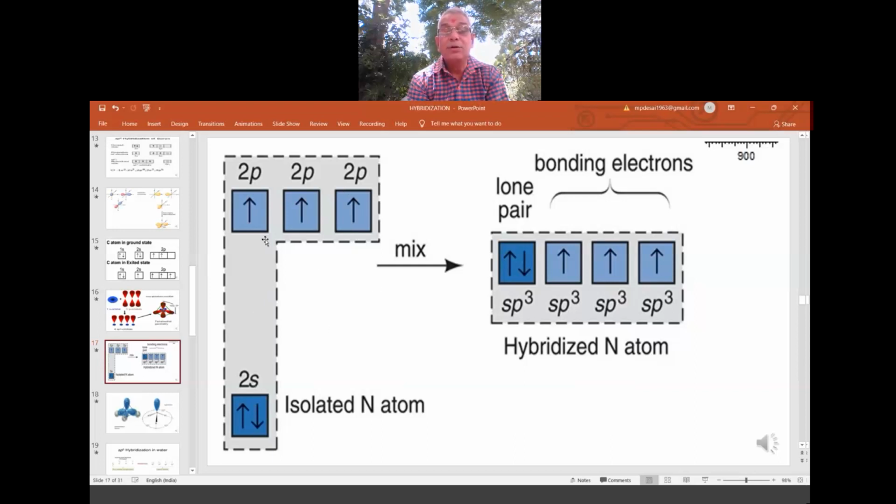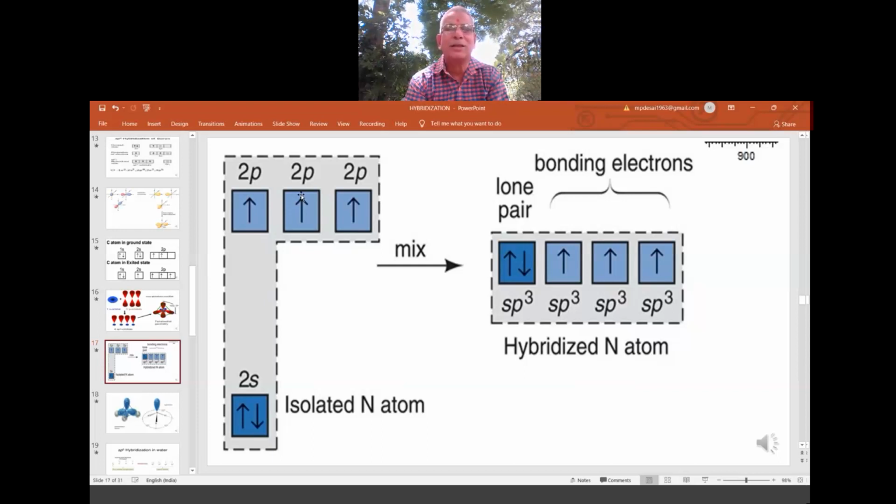Here promotion is not required. Earlier promotion was required. Now promotion is not required. Why? Because in the ammonia formula is what? NH3. So nitrogen requires only 3 hydrogen atoms with a single electron. So already 3 unpaired are there in the nitrogen, no? So it is not required any promotion. So that's why they told in the features, promotion is not an essential condition. Okay, if it is required, you use it. Otherwise, it is not the essential condition for the hybridization. So here it is not required.